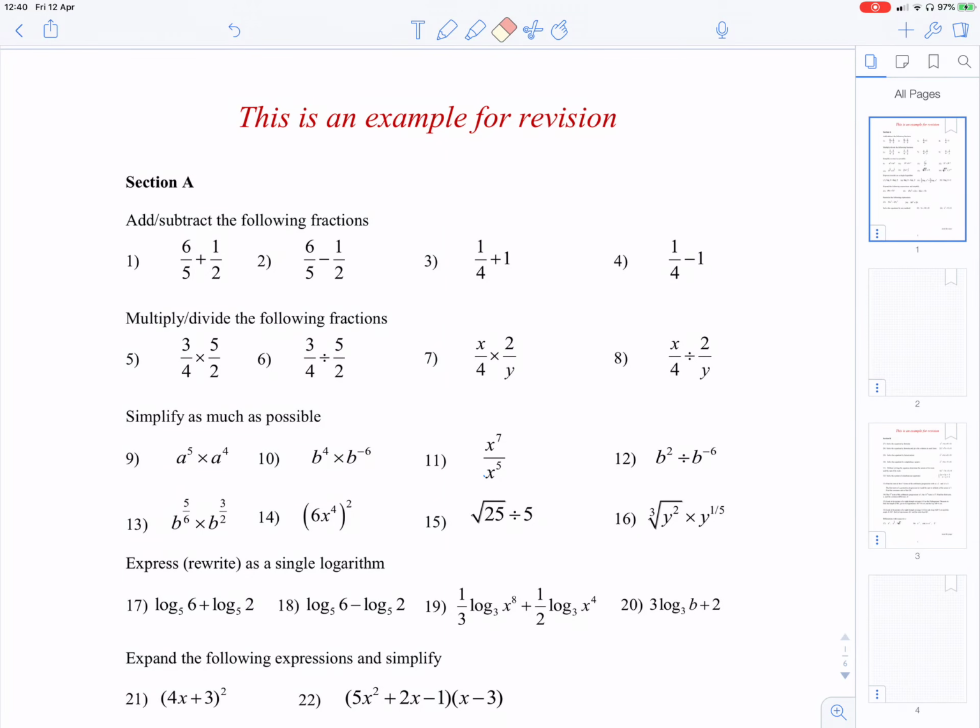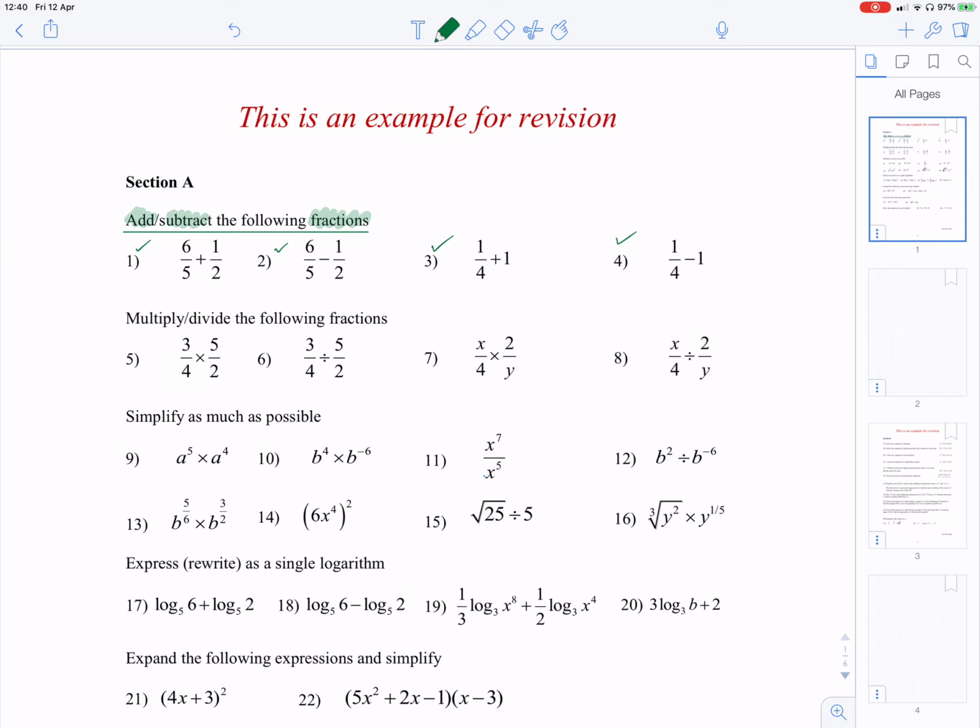Okay, let's start off with this question. Well, we're gonna do questions 1, 2, 3, 4, and it's all to do with adding and subtracting fractions. Right. So add or subtract fractions, and these are the fractions. So the first one